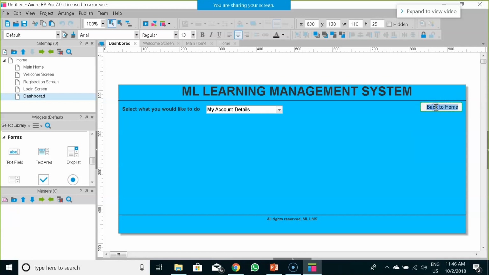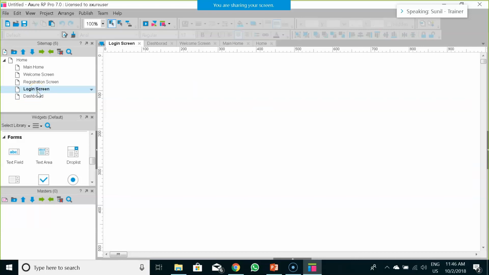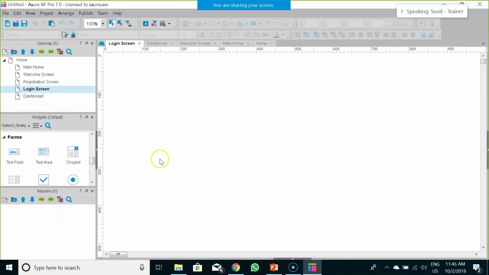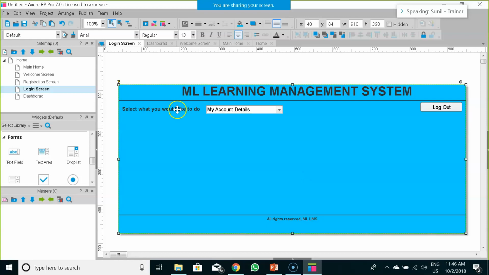Rather, I would give it an option as logout since he is logged in. So this is my dashboard screen is ready. Login screen is pending. I would create a login screen. So for login screen, we don't need that much effort. We would be writing as